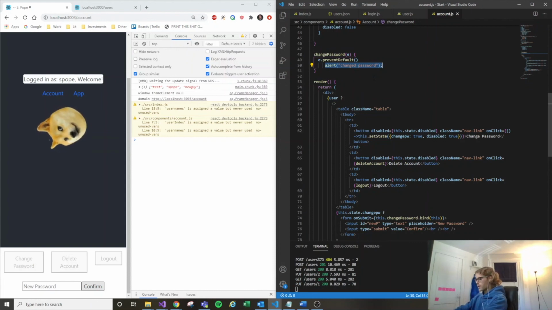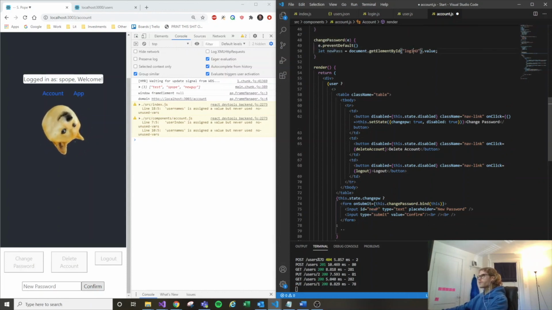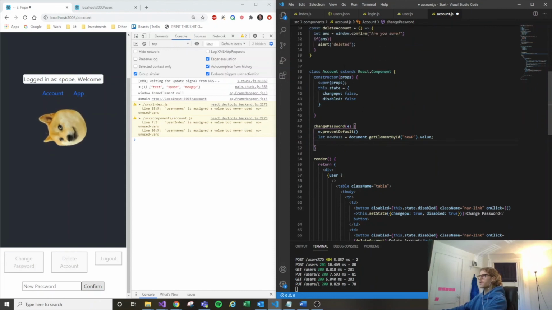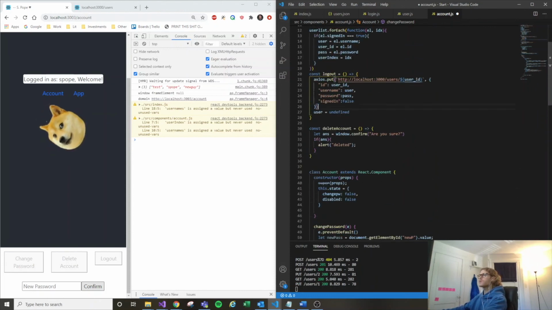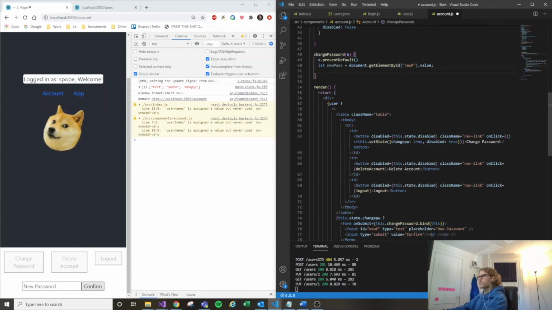We want to say let new password, new pass, we'll call it, equal get element by ID, new P. So that's our ID there. And then we are going to, again, do a put with Axios,